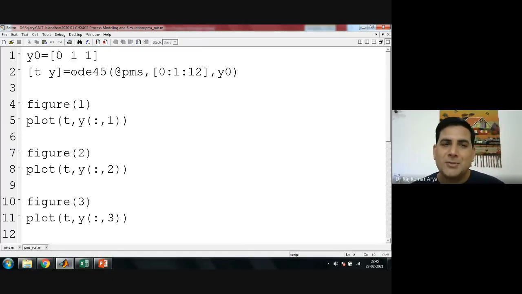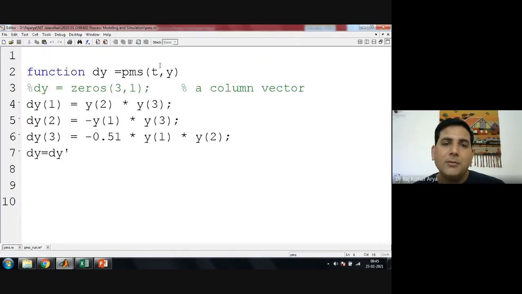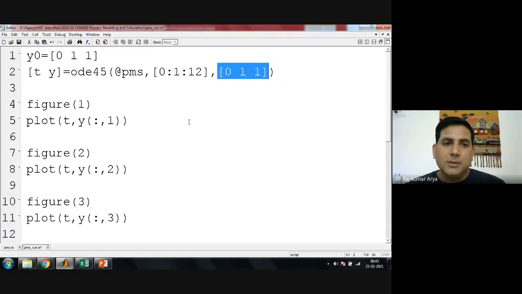So this is the solver name. After that, you have to give the command, at the rate, calling the function. The function name is the same as this function file name. Then you have the initial time span, for what time you want to solve it. And these are your initial values of y. You can also substitute these values of y here at this particular place. It will work both ways. So this is what you give for your time, this is what your y is. That's what you have defined in your function file, t comma y, right? Okay.